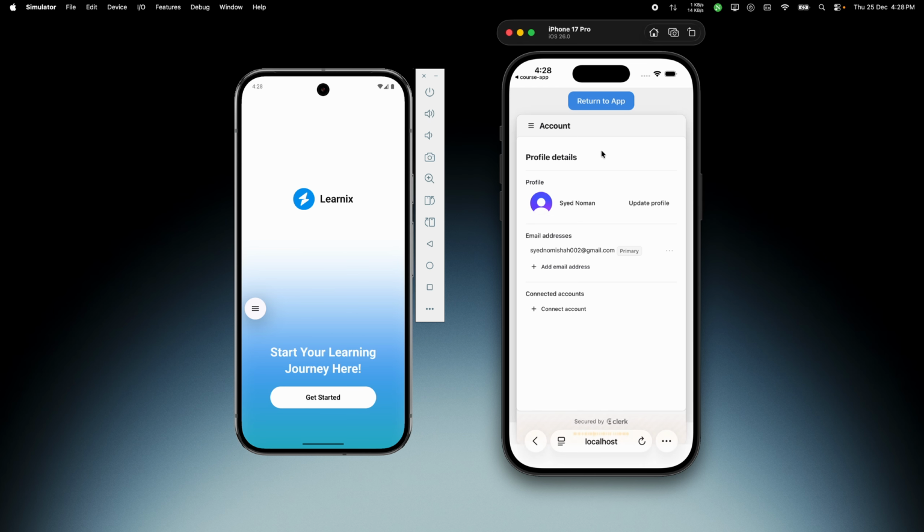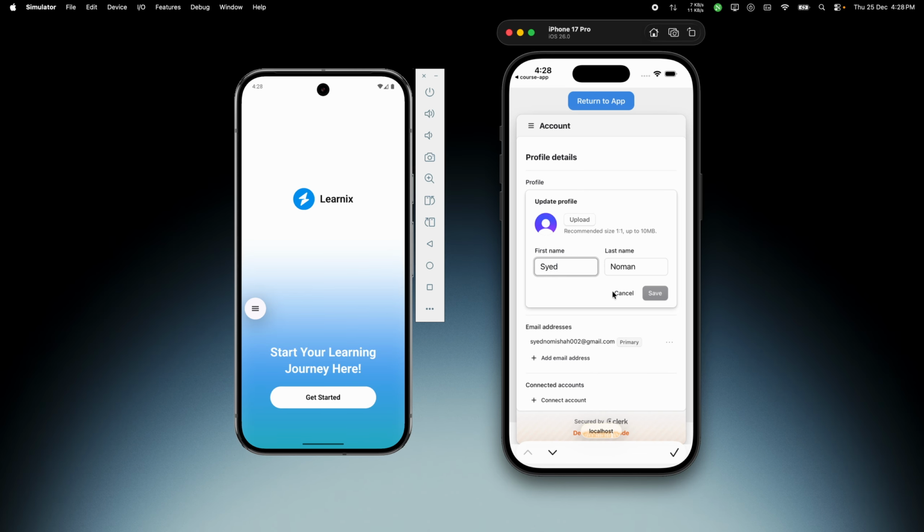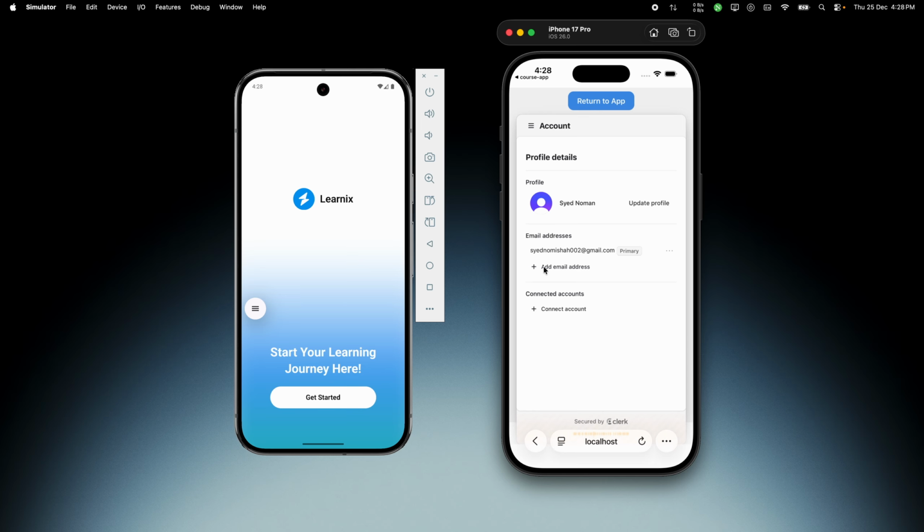And then here you can see the profile details from your Clerk account. You can see the profile username. You can actually update your profile, and then you can add other email addresses as well. This is your primary email address. If we go to this menu, you can go to security, and here you can see devices, your email, this account is logged in. You can update the password, and then if you go to billing, you can see all